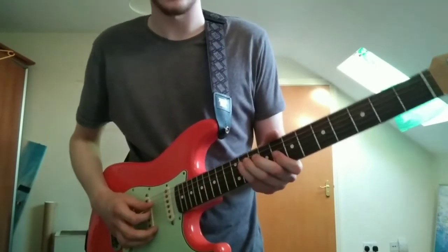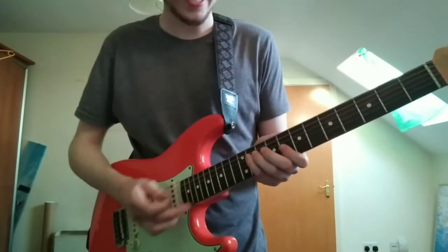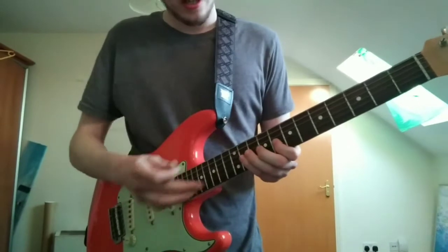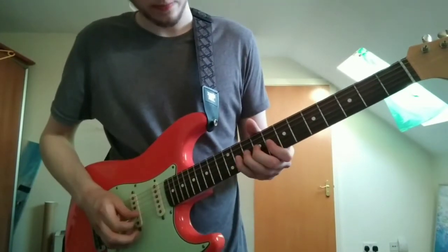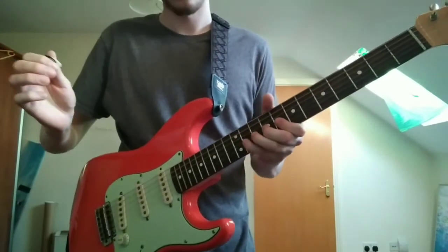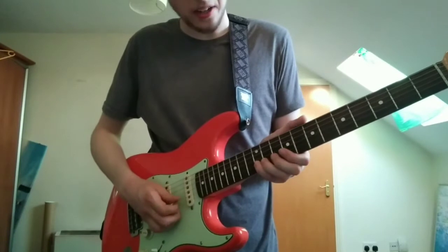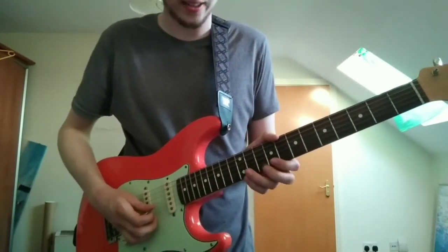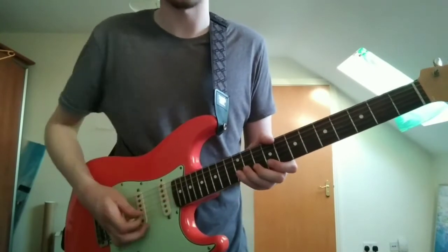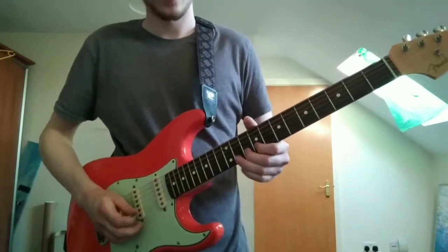11th fret on the D string then. Then these are hammer-ons. 8, 9, 11 on the G string. So, see, just hammer-ons for the rest of them. Then it's 12, 10, 9. 10. 12, 10, 9, 10 of the B string. So what we have so far is